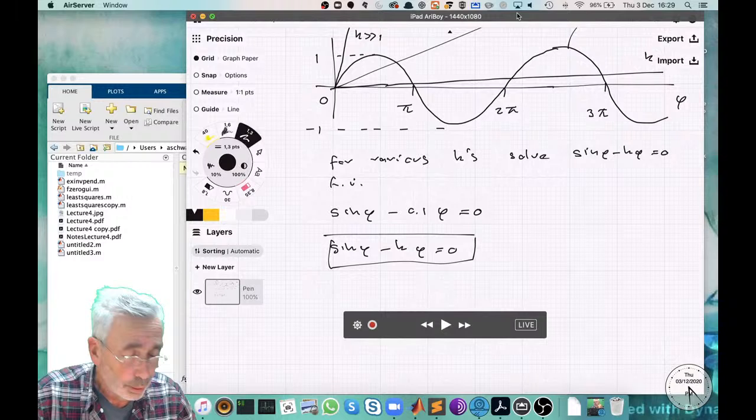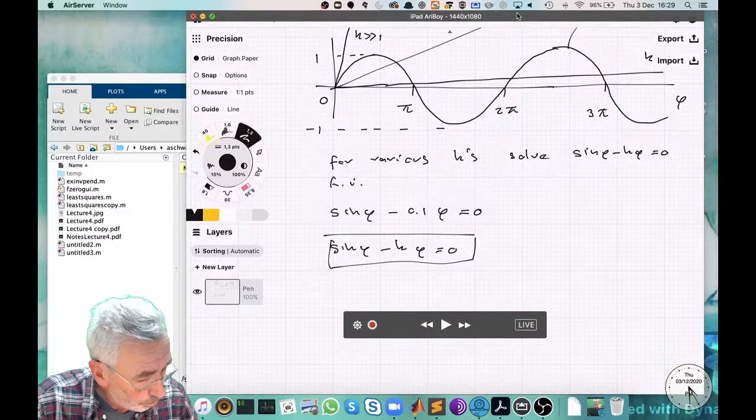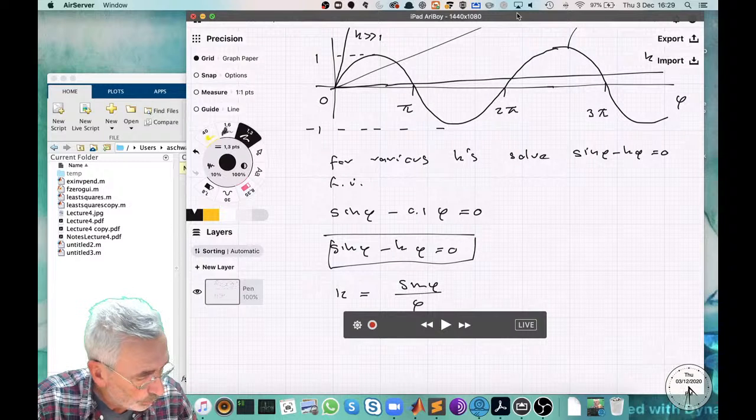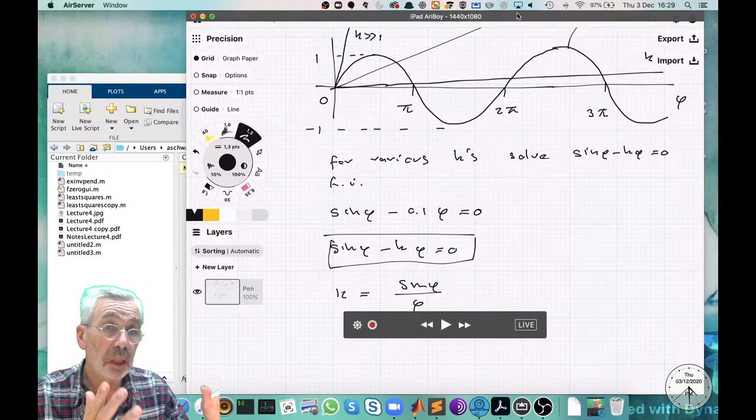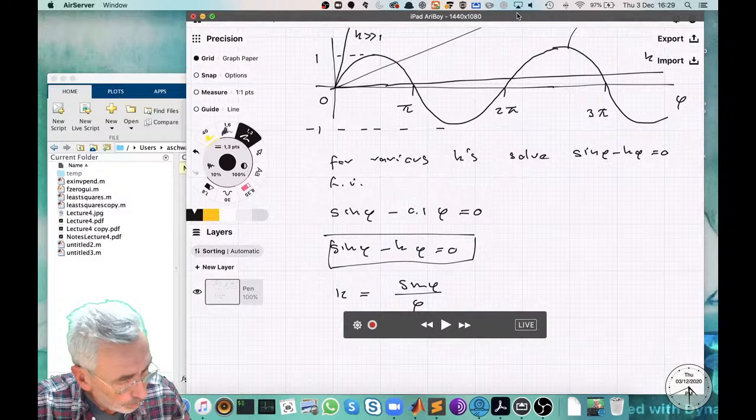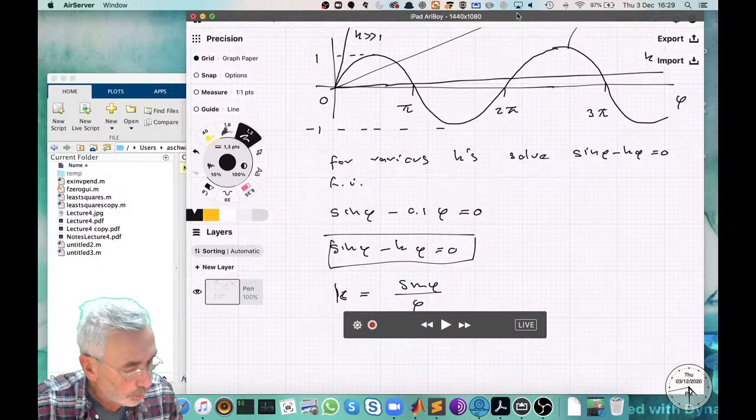You can say, apparently k equals sine phi divided by phi. Meaning I pick a value of phi, and that's then my equilibrium value, and then I can calculate for which k that is the